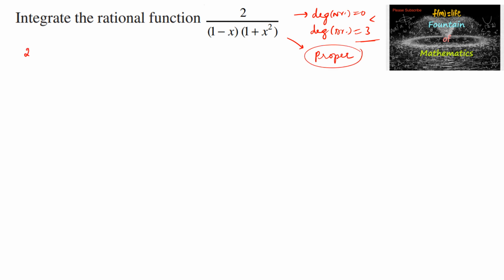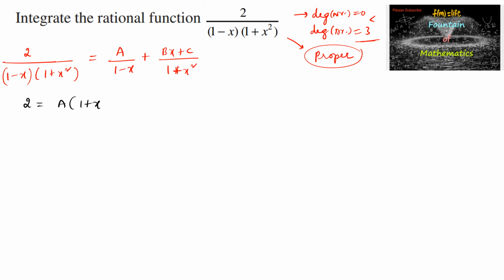So let us write 2 upon (1 minus x) times (1 plus x square), and x square plus 1 is an irreducible factor, we cannot factorize it further, which is equal to a upon 1 minus x plus, since x square plus 1 is irreducible second degree, we can write bx plus c in the numerator and denominator is 1 plus x square. So 2 is equal to a times (1 plus x square) plus (bx plus c) times (1 minus